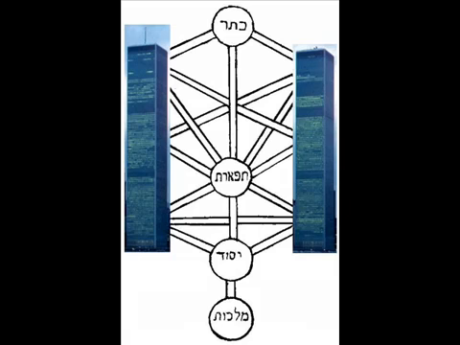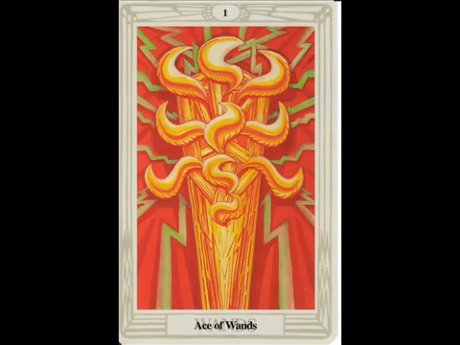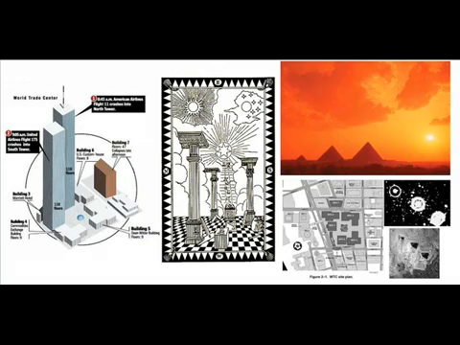Here the World Trade Center represents the left and the right pillar, the middle pillar being formed by the space in between, and representing, amongst other things, cosmic illumination or higher consciousness. The middle pillar can also be viewed as World Trade Center 7. We then have all three pillars on the first degree tracing board representing Solomon's Temple and in its turn